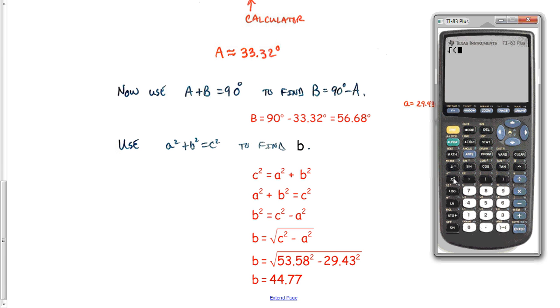So okay, it opens up parenthesis, and then I'm going to put in 53.58 squared. Well, here's a square key. That's real easy. And add to that 29.43 squared, and then close my parentheses for the square root, press enter. Oh,